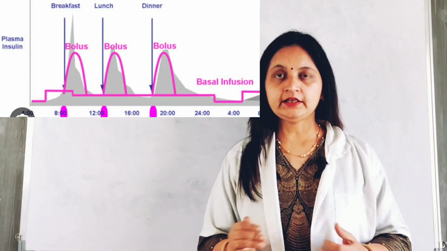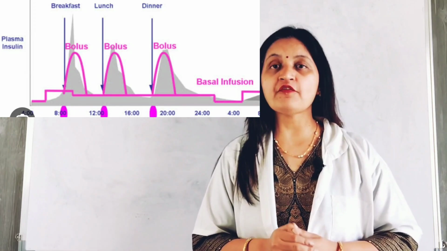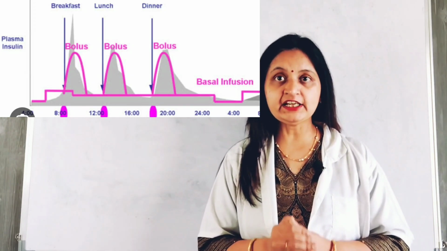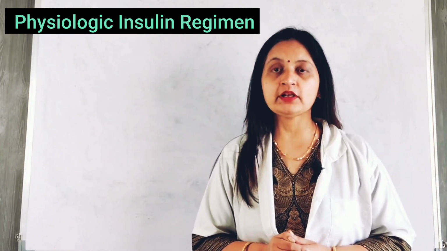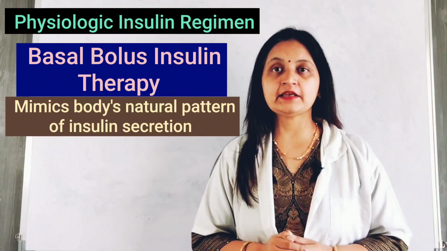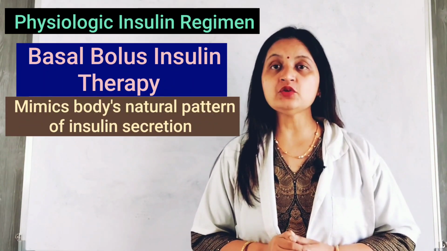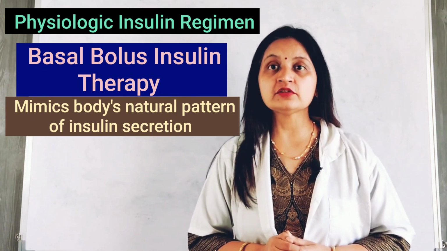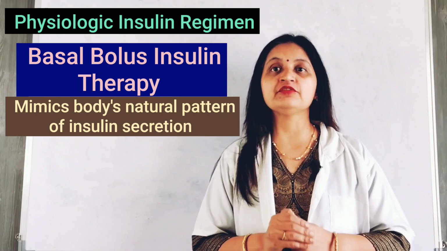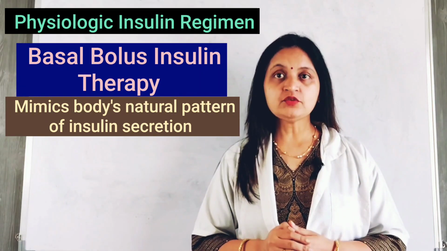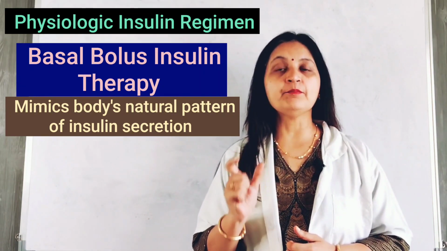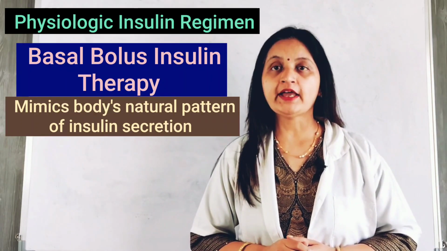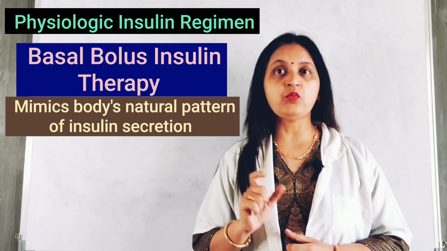insulin. In a diabetic individual, there is deficiency of insulin, and this results in derangement of carbohydrate metabolism, leading to hyperglycemia. So a physiologic insulin regimen has been designed to mimic the natural pattern of insulin secretion and is useful for the treatment of diabetes. This regimen is known as basal bolus insulin therapy and is used in the treatment of type 1 and type